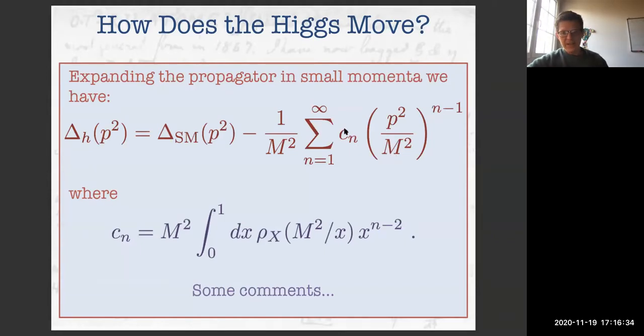But this quantity Cn here is written in terms of, I've just done a redefinition of variables to write it in a slick way, where now x is a variable that goes between 0 and 1, and it's related to the p squared going between m squared and infinity. And this is the density of states here, where the change of variables has dragged x into this place here.